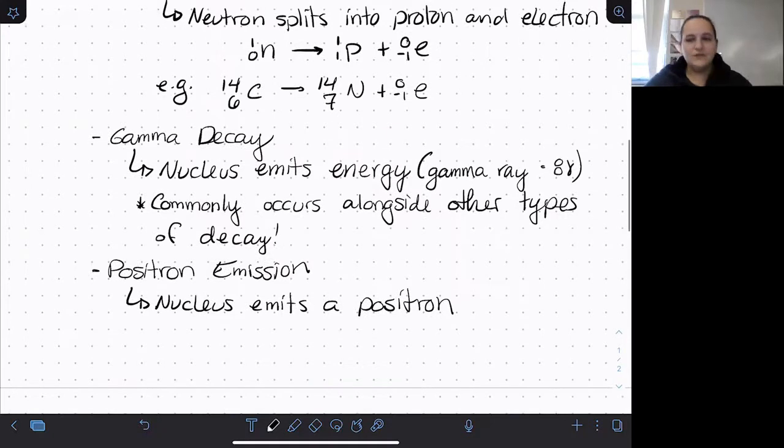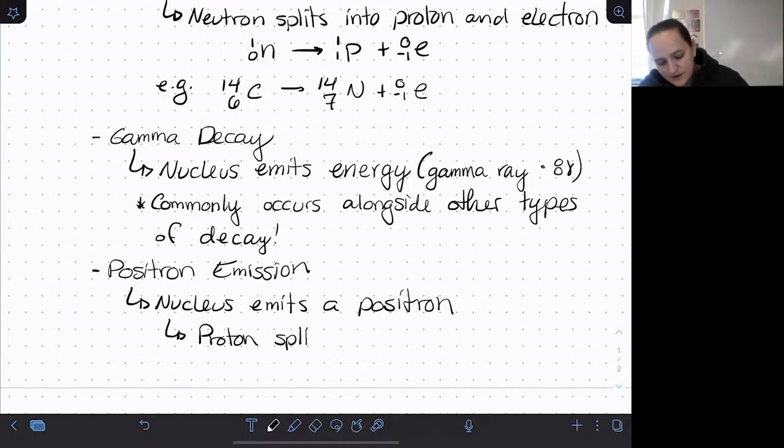So sort of like beta decay, where there were no electrons in the nucleus, but we created one, there are no positrons in the nucleus either. So a similar process is happening here, except this time it's a proton that's splitting apart instead of a neutron. Proton splits into a neutron